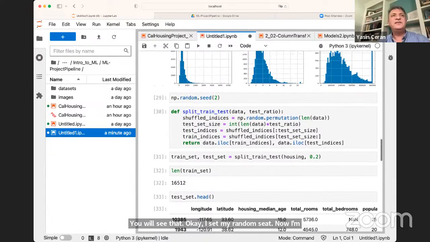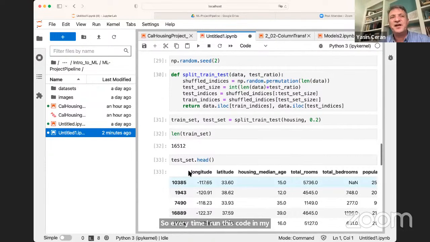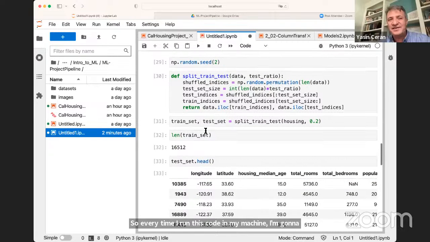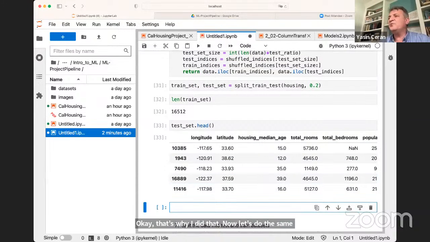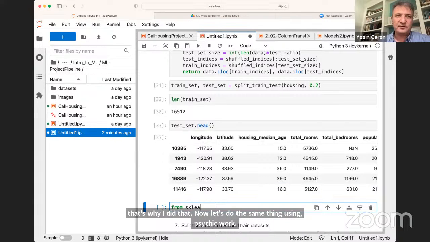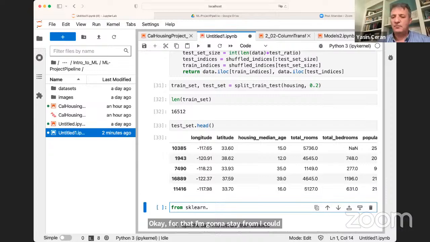Setting the random seed tells my machine that every time I run this code, pick, in this case, the third random number sequence. So every time I run this code on my machine, I'm going to get the same random numbers. In other words, given this random seed, I will always get the same observations in my test set. That's why I did that. Now let's do the same thing using scikit-learn. For that, I'm going to say from sklearn.model_selection import